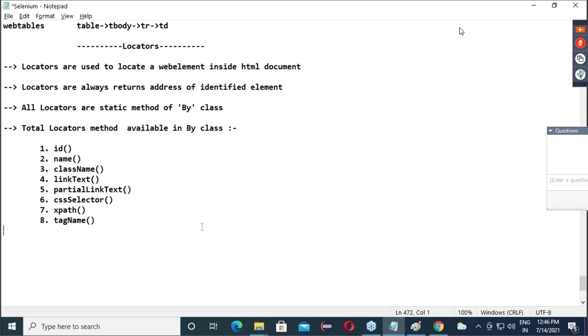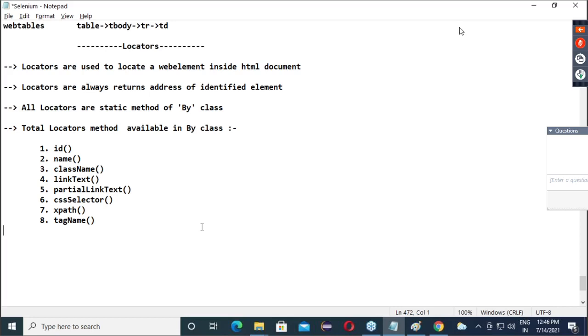So total, how many locators are available? 8 locators. What are those? ID, name, class name, link text, partial link text, CSS selector, XPath, and tag name. How each locator is working and behaving, we are going to discuss practically.